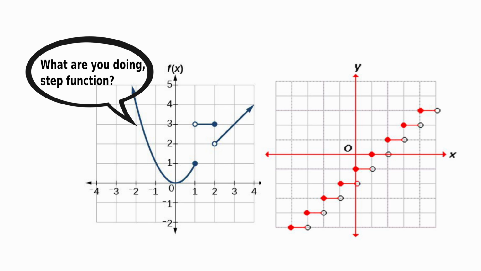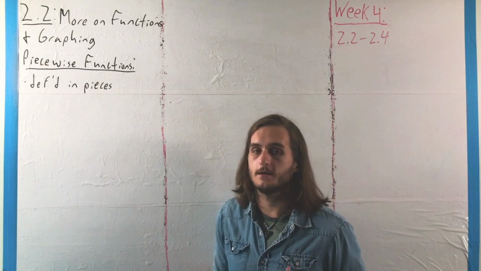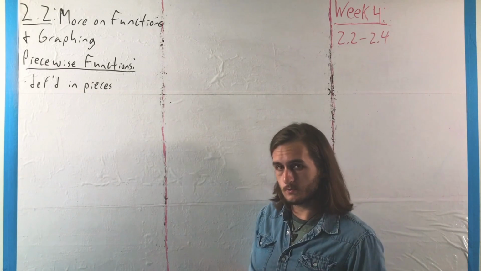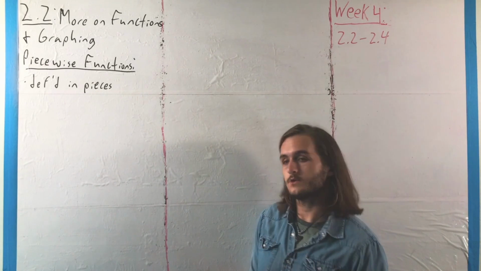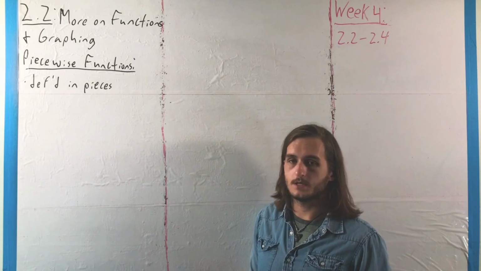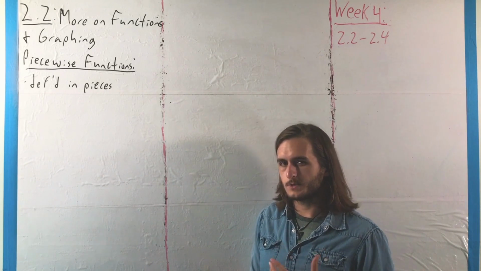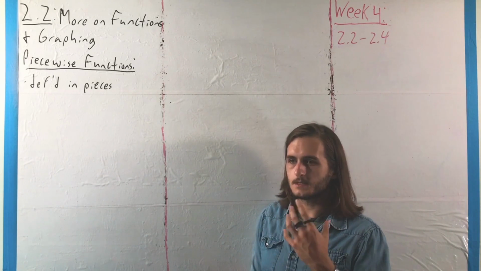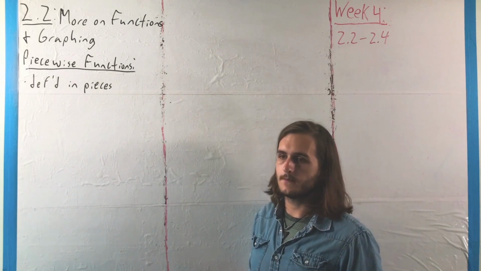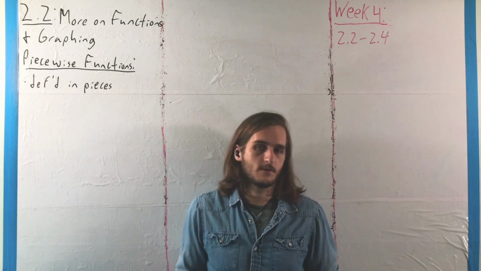It suddenly may jump to a completely different kind of function at a specific value. We can still look at it in terms of things like being even, odd, increasing, decreasing. It's just we have to be a lot more careful about how we define those things. We have to be very careful about how those values might fit into the pieces of the function as it goes, and it's a little bit more work,